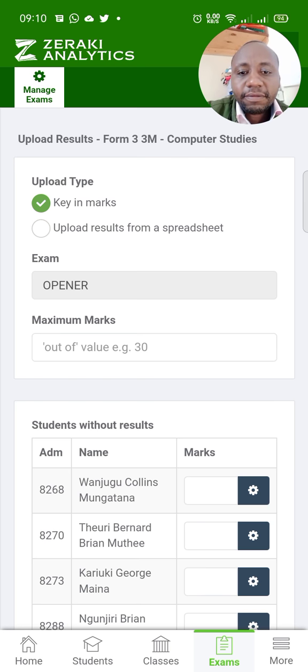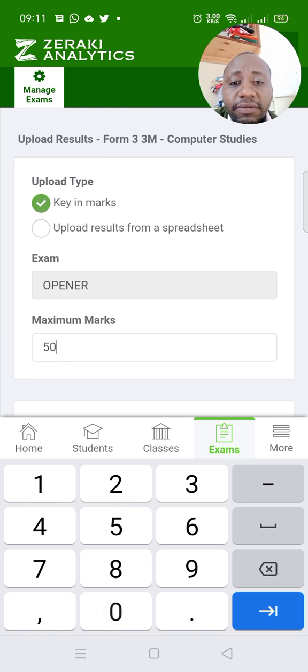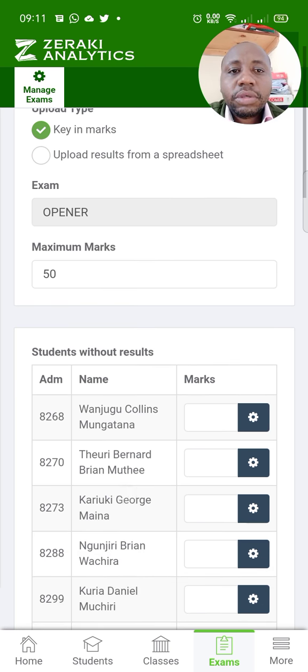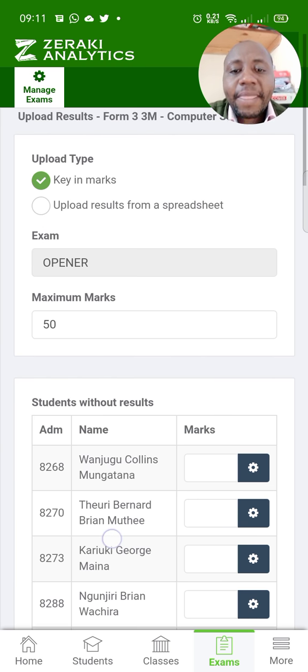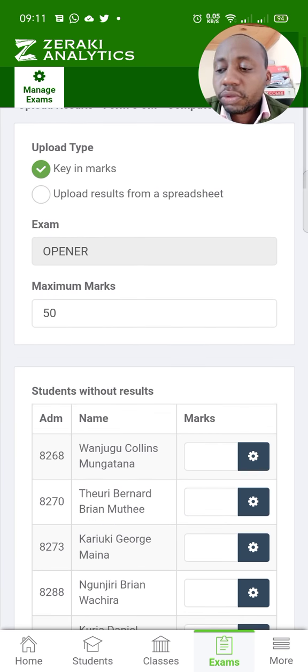Then we have maximum marks. This is open, so you're supposed to enter the maximum marks, which is 50. You must enter that particular maximum marks. It is required so that it can make sure that you don't enter marks above it. It's like a validation, a kind of rule, so that you don't enter marks above that particular maximum marks. If you try to enter more than 50, it will generate an error for you, and you'll be able to